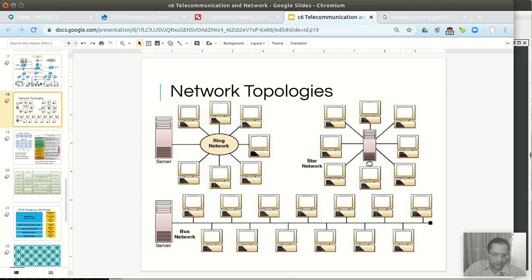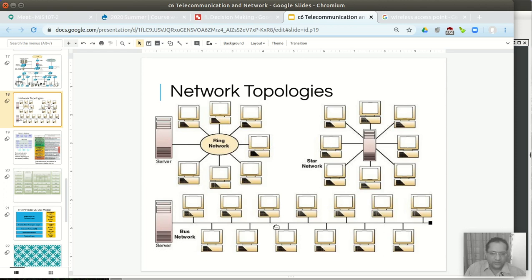Then we chose this one. Then we chose... How about fast? Which one is the fast one? So worst case scenario, if this one wants to send a message to this one over here, there are multiple hops, right? Compared to this one, it is 1, 2. So this one is the fastest, this one is the second fastest, this one is the slowest, right? And modern networks are moderately fast, so this fastness and slowness is not a major concern.